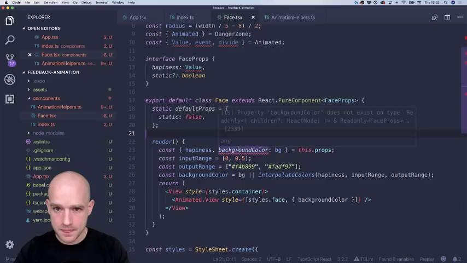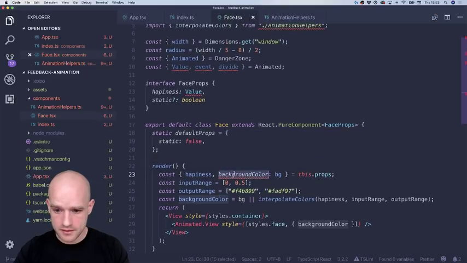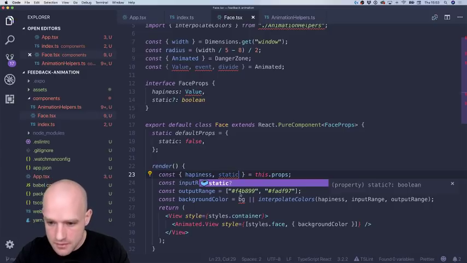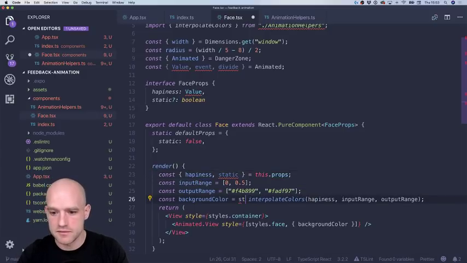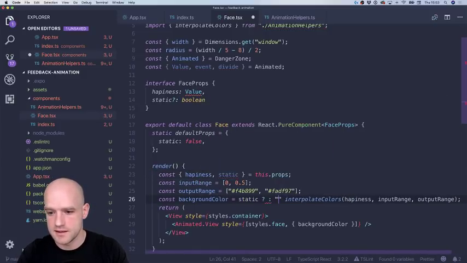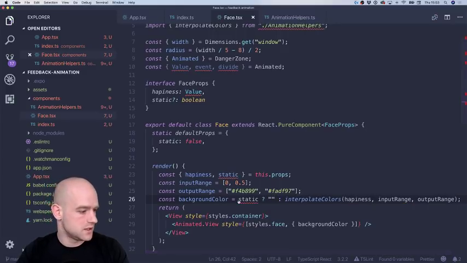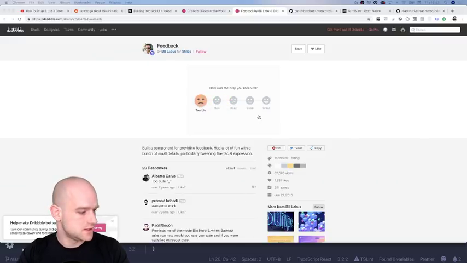So if it's static, we are going to use a color which is